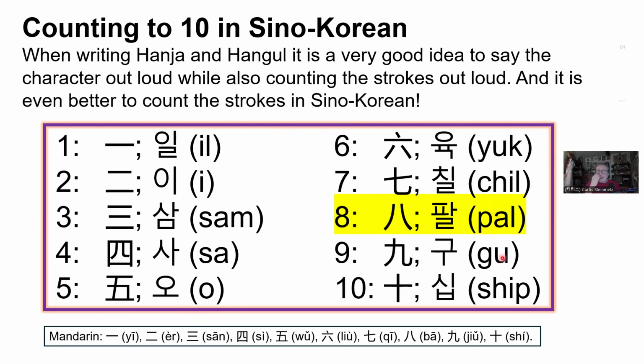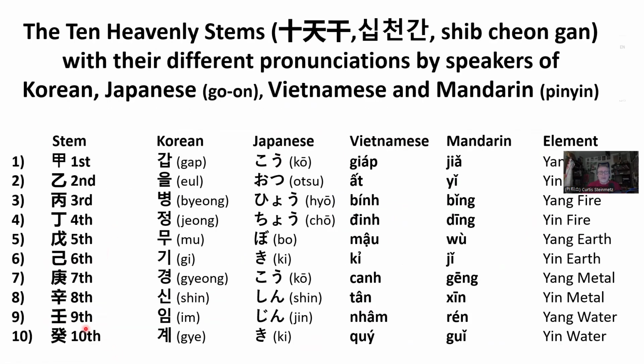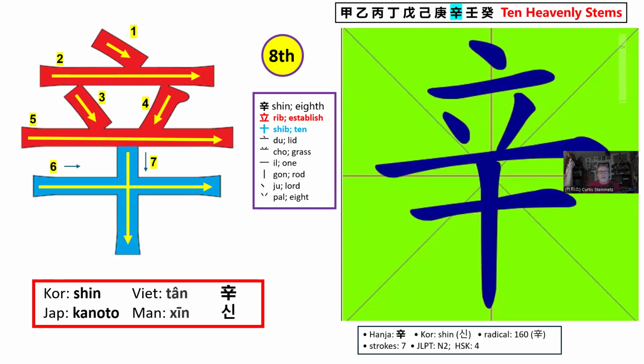Number 10, when we get to the earthly branches, which is the next. So we're on the 8th heavenly stem now. When we get to the earthly branches, this is the earthly branches, this is the heavenly stems, one more time showing the Japanese, Vietnamese, Mandarin, and the elements that they correspond to. So this is the 8th heavenly stem. There's 2 more after this, and then we will start on, well, we won't start right away, because